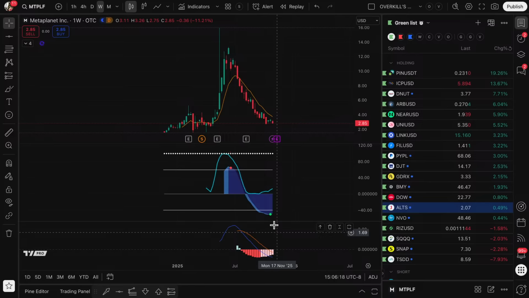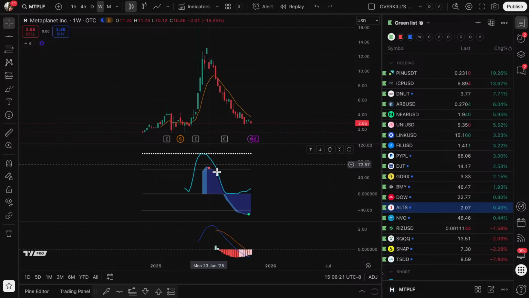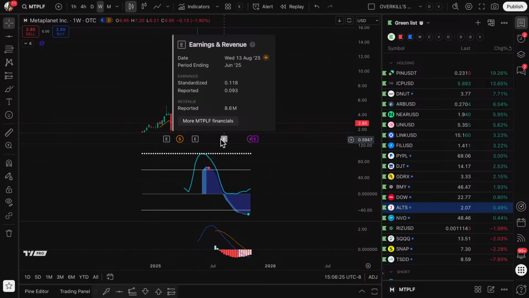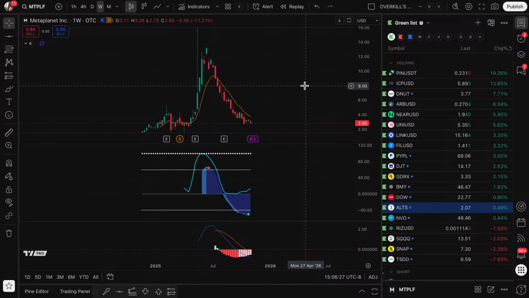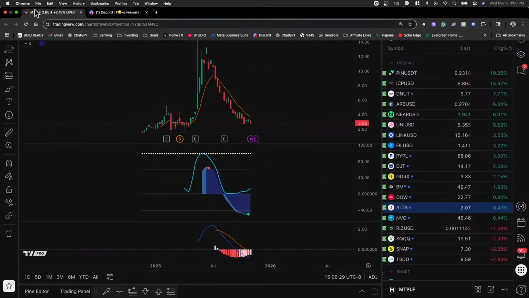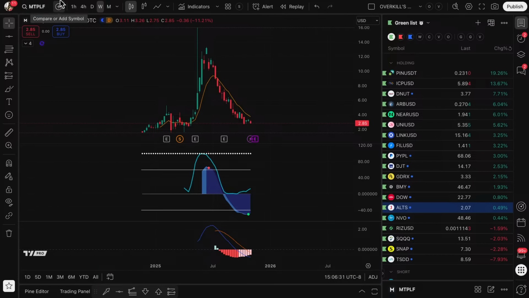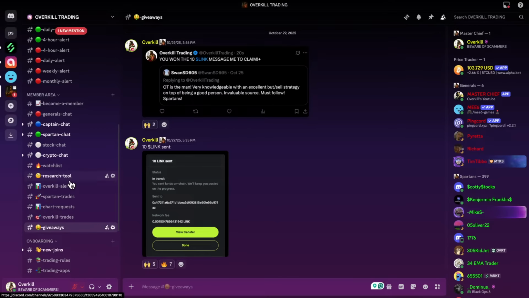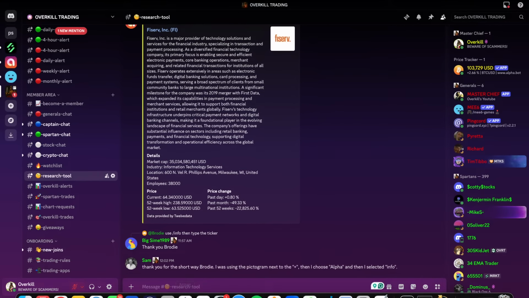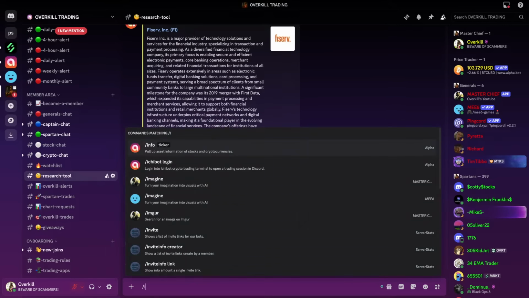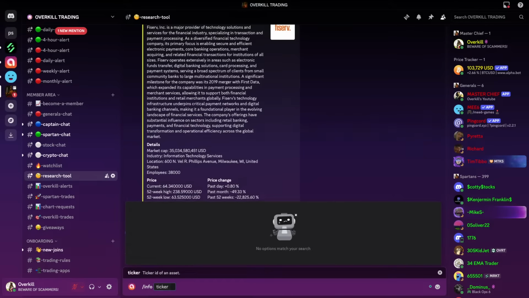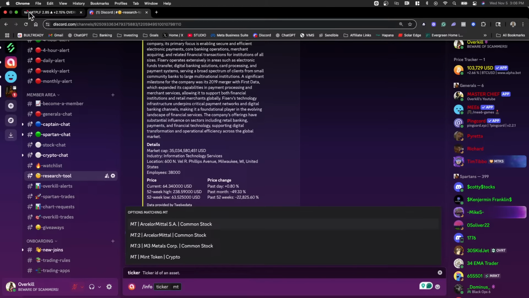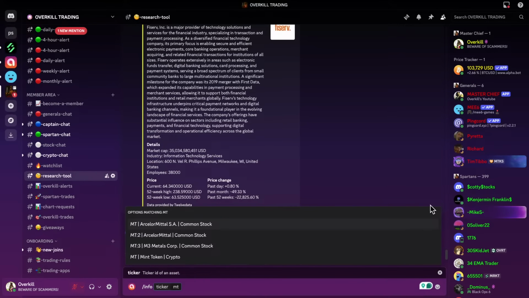If you're long on it, I'd just wait for this wave to come back up here, but it looks like they haven't even really reported earnings. So I guess they did. They reported 8.6 million. Let's look this one up. MTPLF. If you're a member, a Spartan over here in the Discord, you have access to this research tool. All you got to do is type in /info, and then the ticker MTPLF,